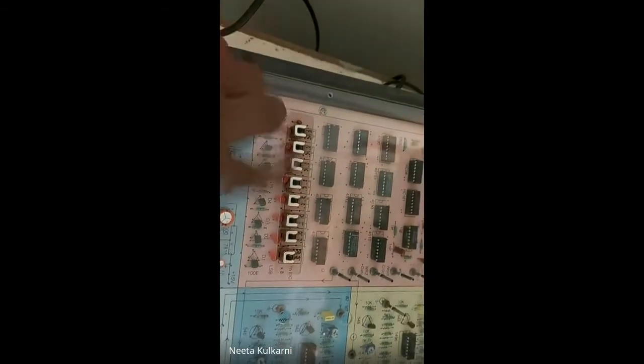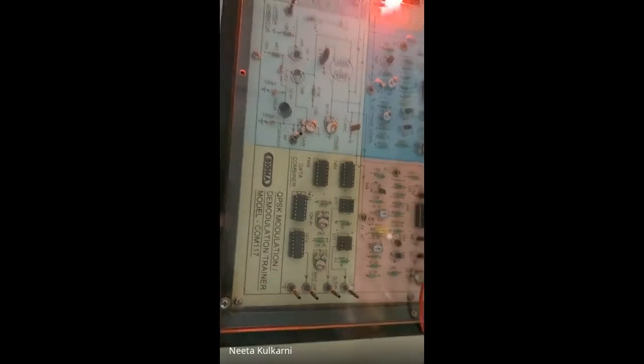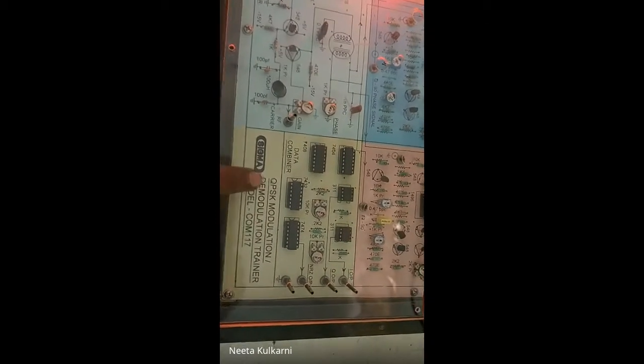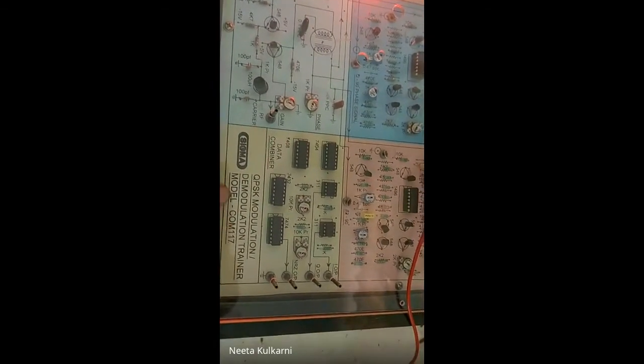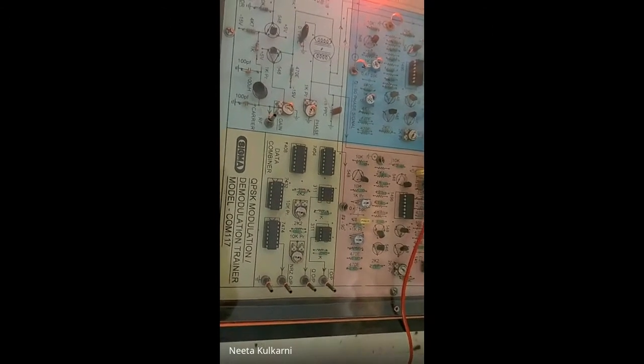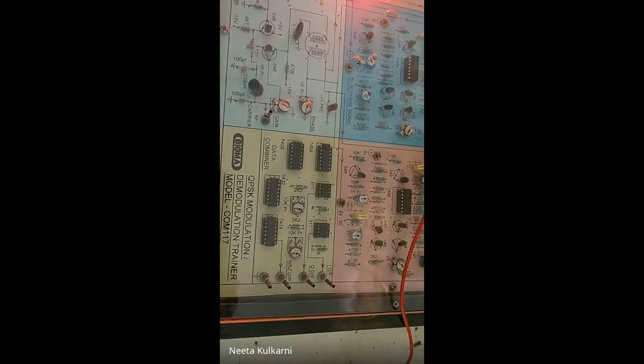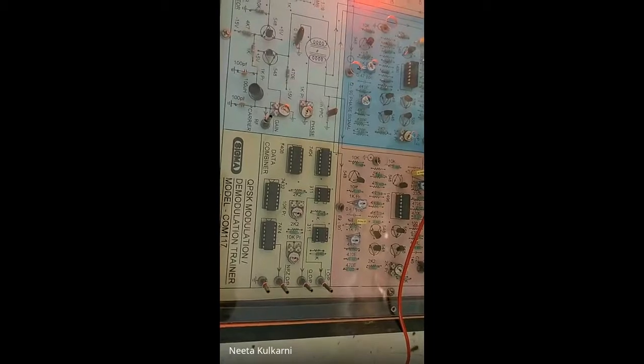So whatever is this original data stream, so here if you switch this kit on, the LEDs we saw for the data stream are also visible on this kit. So this is another kit, having the name QPSK modulation and demodulation trainer model. So here we will see the QPSK modulation.